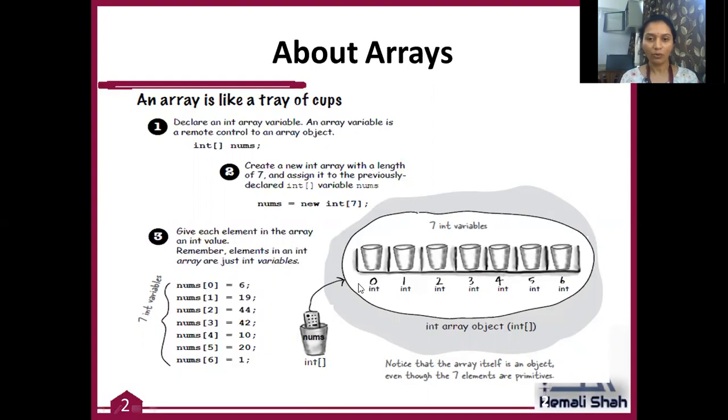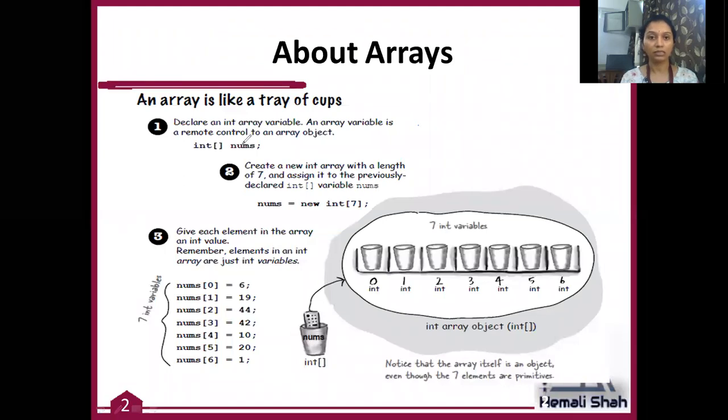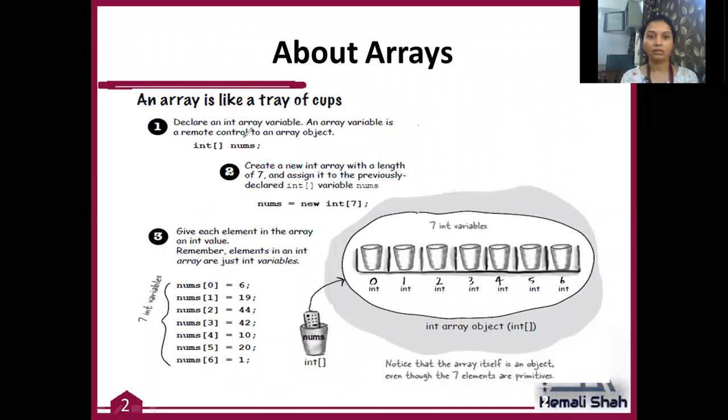So if I take 7 variables, then it is very difficult to create a program, right? Now this can be solved by using the concept of array. This concept is already available in C as well as in C++. In Java, you can declare the array like this. I'm going to cover all these things in detail also.